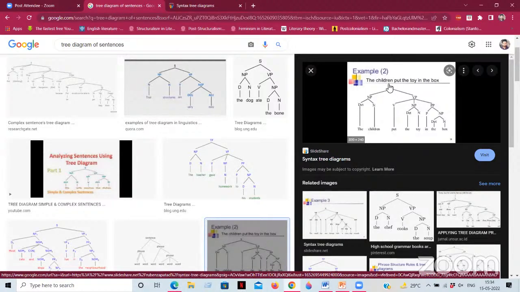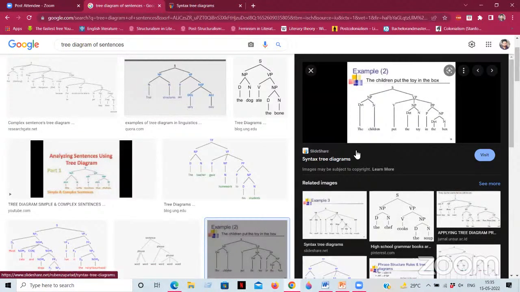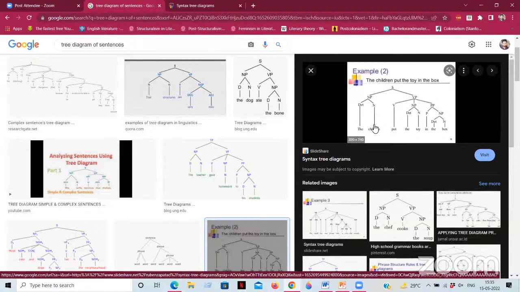So the first thing that we have to mention over here is a sentence, that is denoted by S. Then we have to divide it into two things. One is noun phrase, another one is verb phrase. Okay. Now a noun phrase could have so many things, but in basics what we have here is a determiner, the, and then children. Okay. I think it is not so much visible to you.